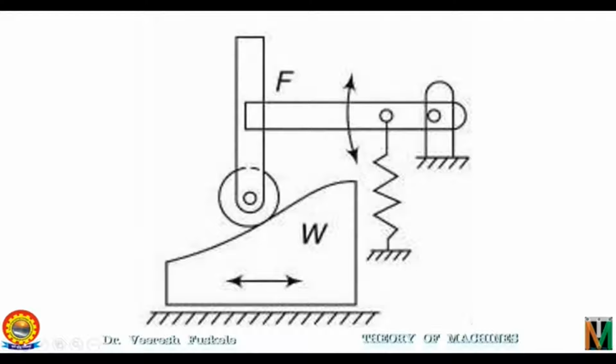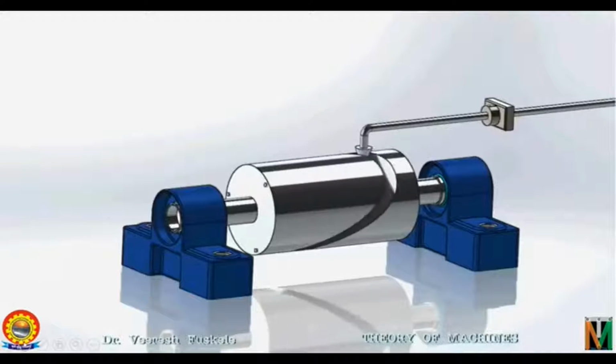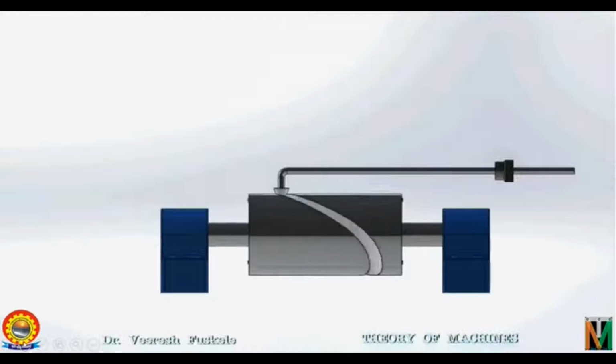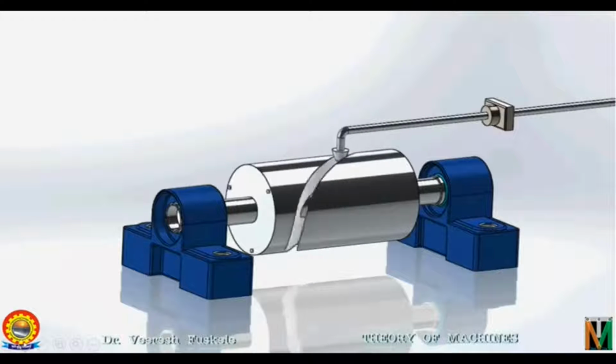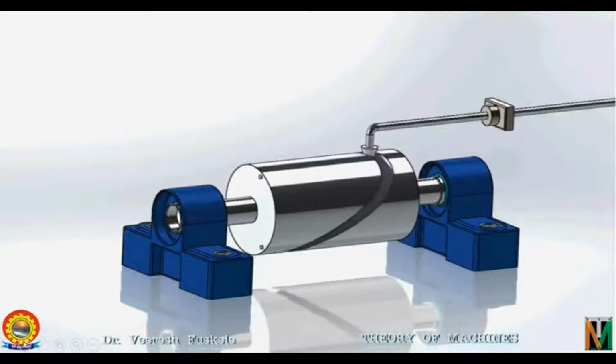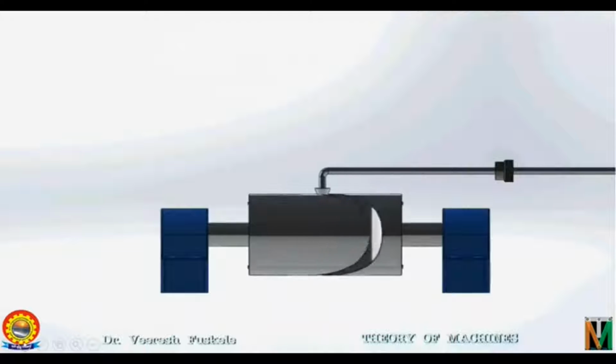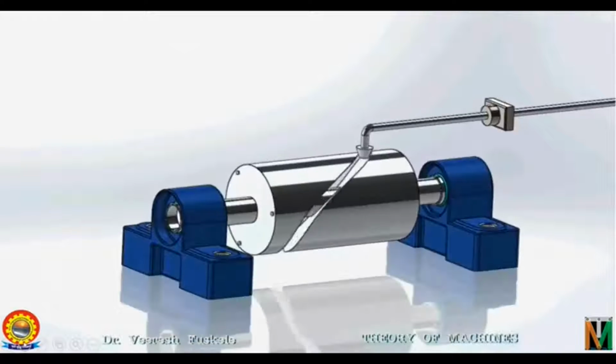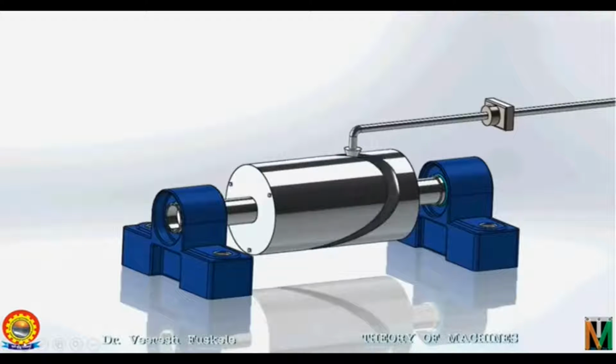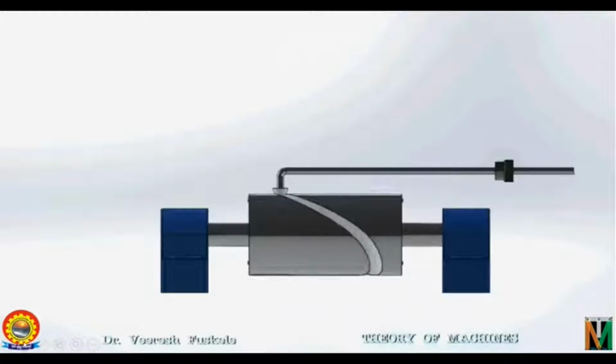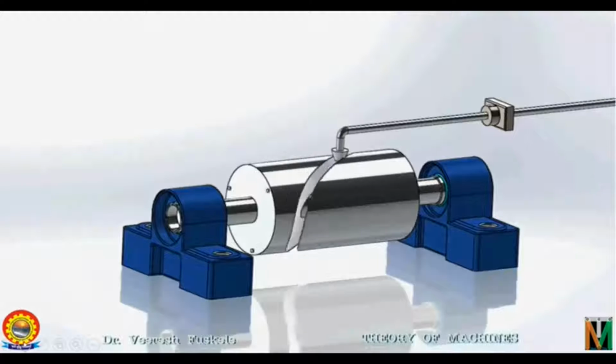There are other ways of ensuring this contact during the entire duration of the cam without using spring. This is as shown here. In this case, a groove is cut in the periphery of a cylinder and the roller of the follower is placed inside the groove, which is always intact. So whatever may be the acceleration of the cam, the contact between the cam and the roller of the follower is never lost. So having learned this, let's move towards the